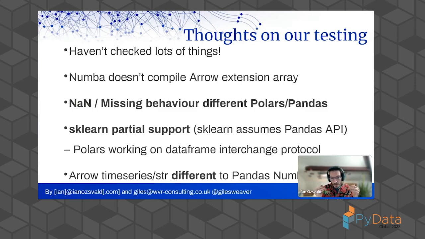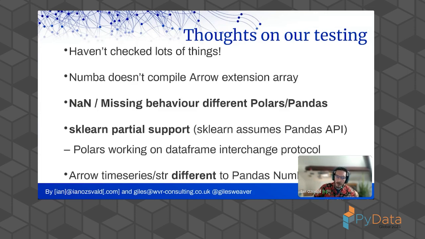One thing that I do use in Pandas is Numba. You can use an engine equals numba some of the time to make some of your operations compiled. And in one of my courses, I teach how to use Numba to make your NumPy-based code run compiled. Numba doesn't understand Arrow, so Numba can't be used on Arrow-based columns inside Pandas. So we lose a bunch of our optimizations that occur. So if you're doing lots of numeric heavy work with an engine of numba, you might want to stick with the NumPy data types. And I'm not sure how that's going to evolve because I don't think Numba can understand Arrow, at least at the moment.